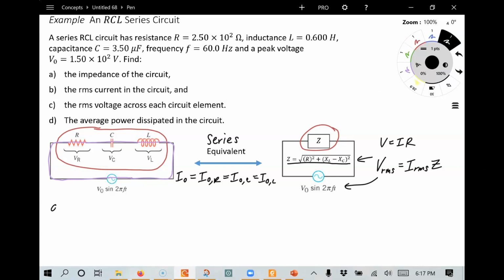So for Part A, we're first going to calculate X sub L and X sub C. The equation for X sub L is equal to 2 pi times the frequency of the oscillation of the generator multiplied by the inductance L. So to calculate this, we've got 60 hertz, and we have an inductance here of 0.6 Henry. And when I calculate this, I get a value